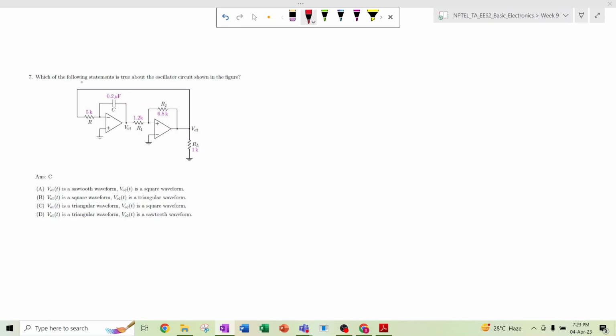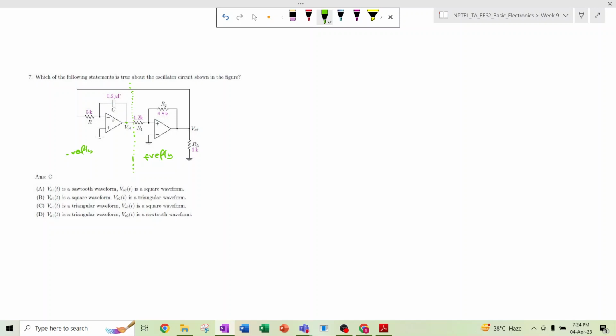Here it is asked that which of the following statements is true about the oscillator circuit shown in the figure. So this is a basic oscillator circuit, we can see. So we will analyze this circuit. If we divide this circuit into two parts, then we can see this is a negative feedback circuit, and here it is a positive feedback circuit, because here the output is fed